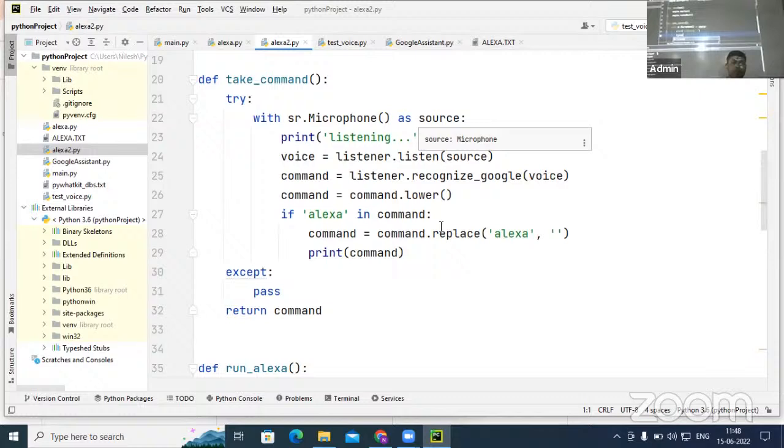Okay, so what we have to do, we have to write listener. We have created the object। हमने एक SR का, याद है किसका object बनाया था, हमने एक recognizer का object बनाया था listener नाम से, देखो ऊपर बनाया था। और इसी के help से हम recognize करने वाले हैं listener dot, उसके अंदर एक function है listen। किसको listen करना है, source, जो हमने बनाया। source की help से क्या करना है,